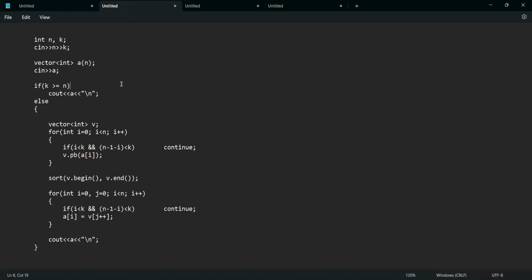So this is the implementation. First, I'm taking n and k as input. If k is more than n, then you cannot have any swap. There are no two elements that you can select in order to swap them, right? So simply output the vector a. Otherwise,